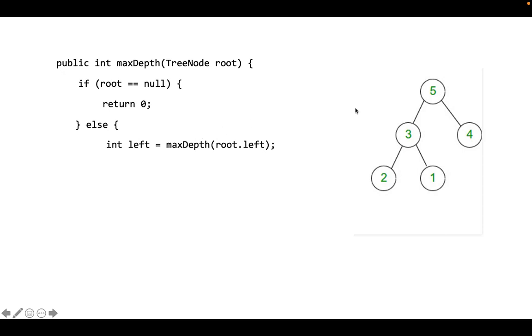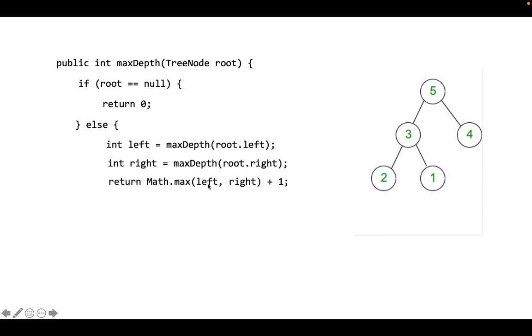Okay, so we're going to start with the root node, and then we're going to check its left node by assigning the root left and calling max depth again. Now this will keep going because the 2 is also the next left node, but the 2 doesn't have a left node, so then the root left of the 2 will be null, and then that will return 0. So then, once we're out of left nodes, we need to check the right node. So we'll check the right node here, that will be 0, and then,